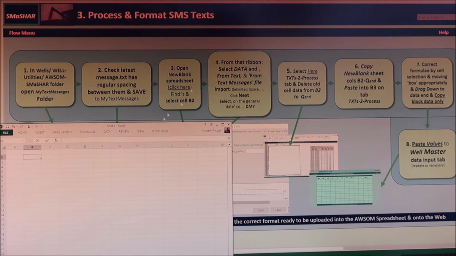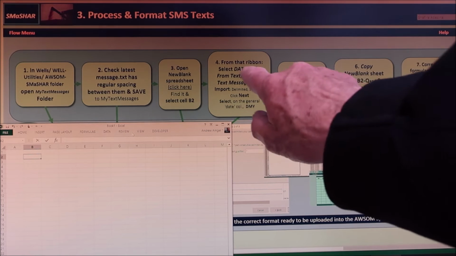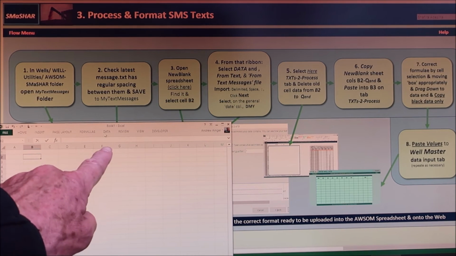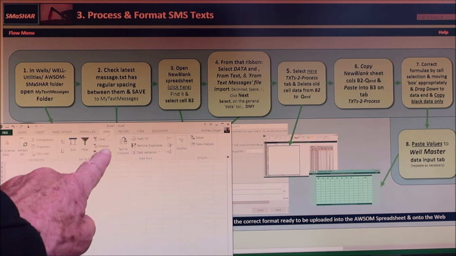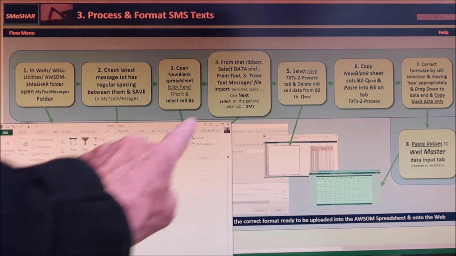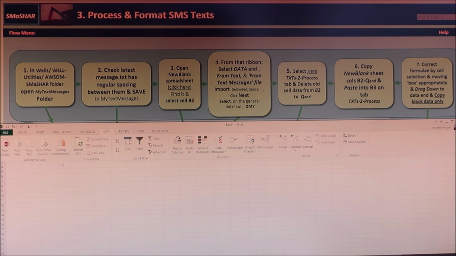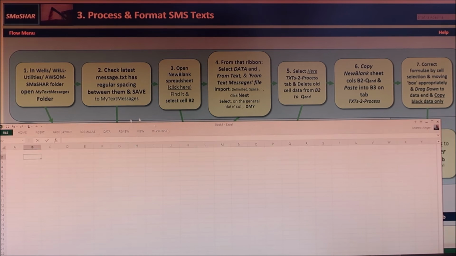Right, from that ribbon, so this is a ribbon, and I need to select data. So it's saying select data, and so we're going on to here. We're selecting data, and then we're saying from text. Let me widen it up a bit. Data. There we are. From text. So now this box, it says data from text and from text messages file. So it's data